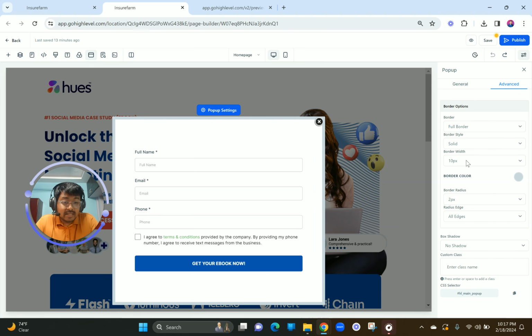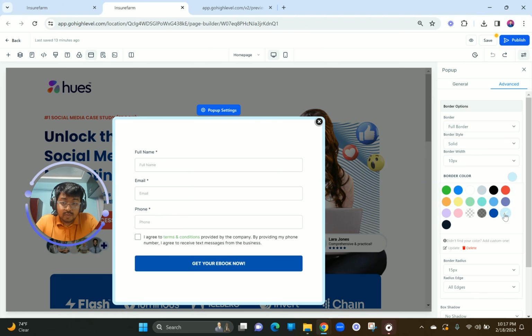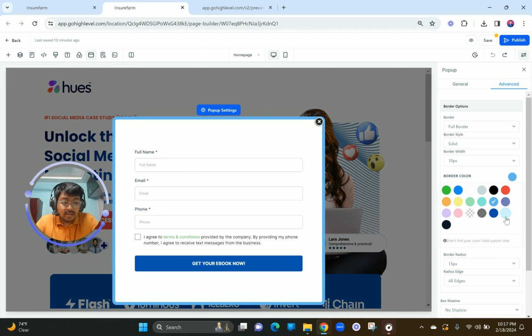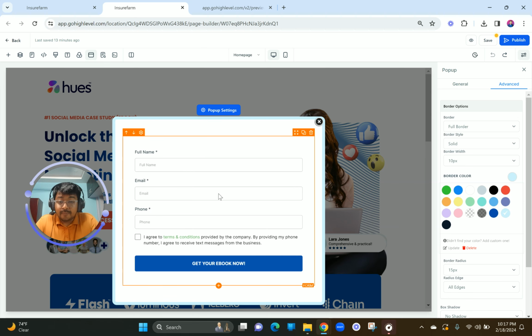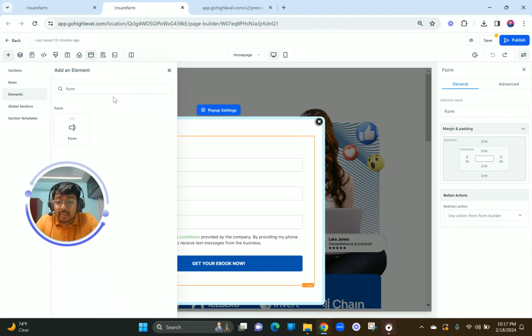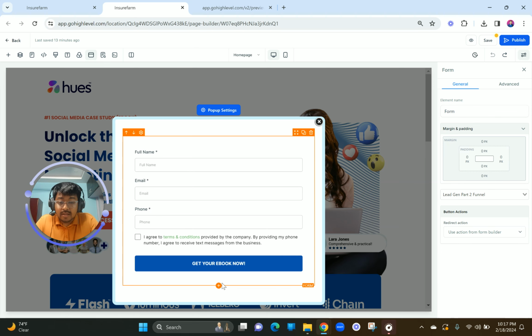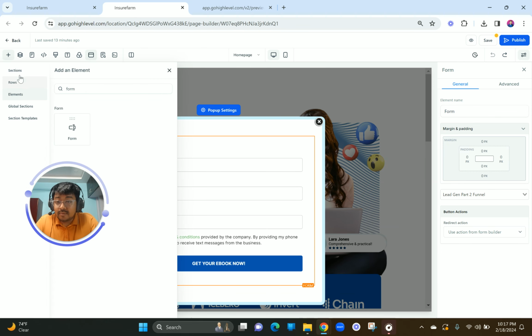I also want to make sure that the borders are a bit curved in nature, and they have this light blue, or probably this as well. No, I think light blue is perfect. Okay, let's keep it light blue. Right, I think we already got what we wanted. I think this is it, right? This is what we want the form to be. Probably I want to have a heading in there, so